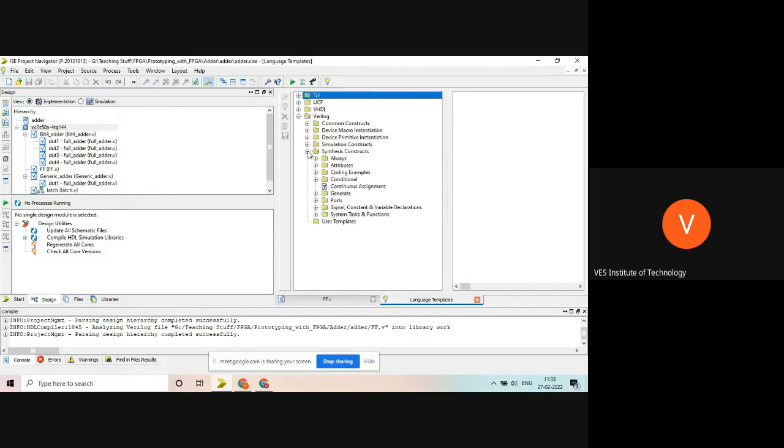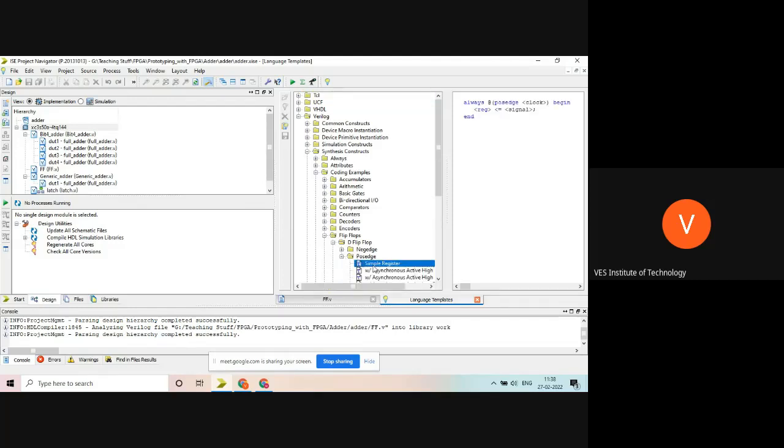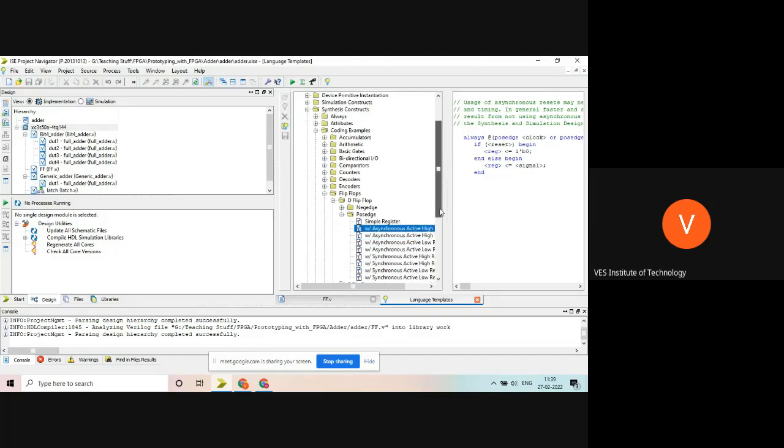You may check multiple single flip-flops from this. I'm writing currently a positive edge triggered flip-flop. You can write only posedge clock begin, reg is equal to signal. Simple. Or asynchronous high, I'm writing this code, posedge of reset, and else begin whatever the signal is.